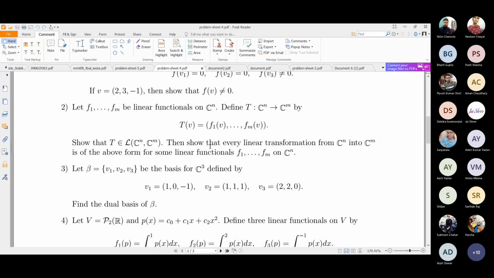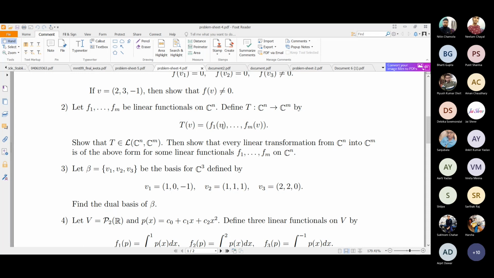And if you just see the rows of this matrix A, because this is an m by n matrix, there are m rows. So A1 to Am are the rows of it, and you can define